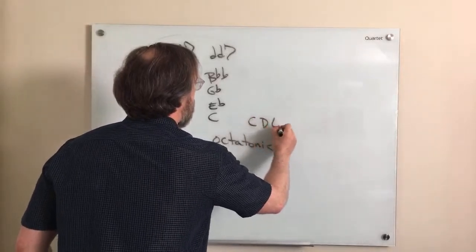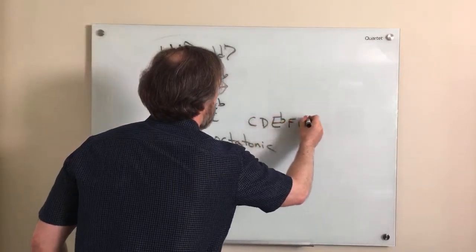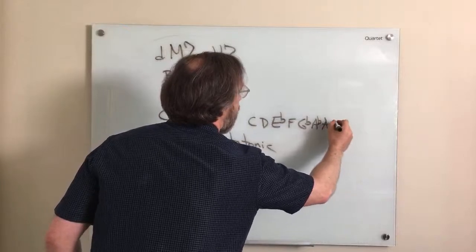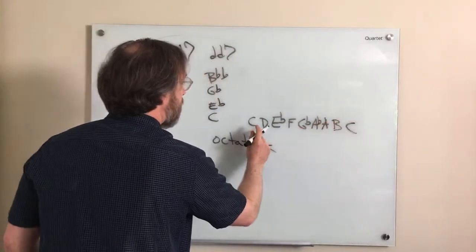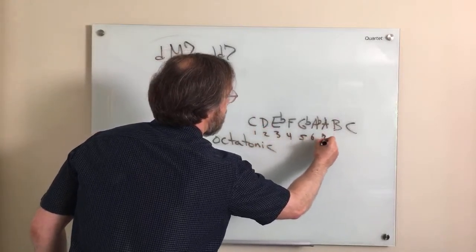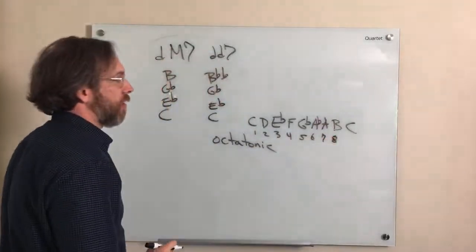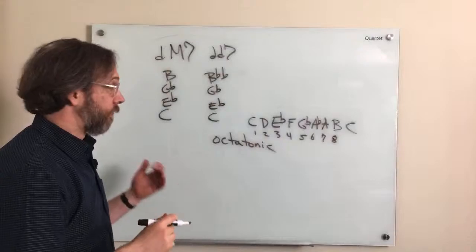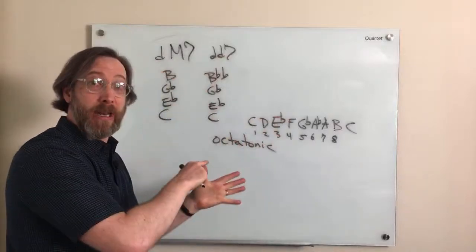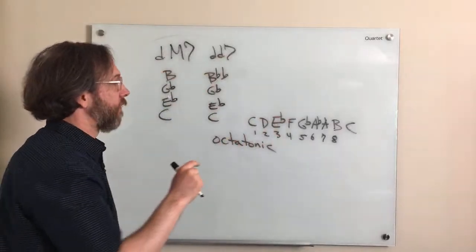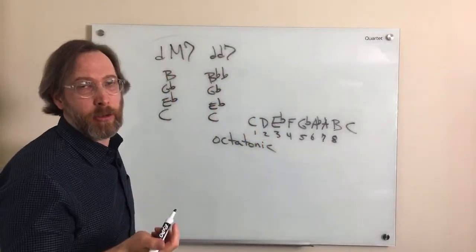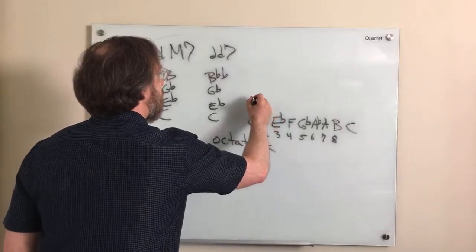The scale is C, D, E flat, F, G flat, A flat, A natural, and again it could be enharmonic, B natural, C. So that's 1, 2, 3, 4, 5, 6, 7, 8 notes before you repeat. When we talk about the octave in a C major scale, C, D, E, F, G, A, B, C, on the 8th note we get back to the note that we started on, hence the octave. But here, we've got 8 notes before that. And what's interesting is this is a symmetrical scale. You'll notice that C to D is a whole step,